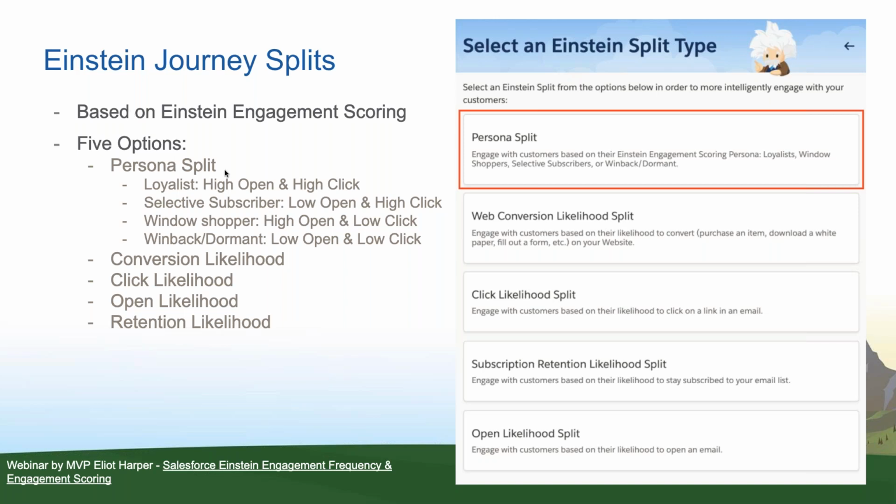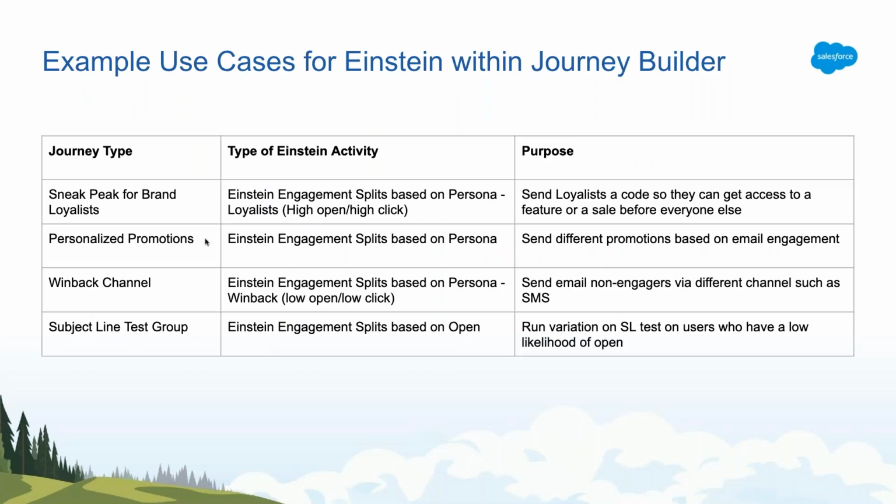I know one of the most common questions that we'll get, though, is the use cases. So I do want to just touch on a couple of use cases that you could do with Einstein. So one example, you could do a sneak peek for your brand loyalists. Everybody loves getting something before somebody else, especially when it comes to a sale. So you could use Einstein engagement splits based on persona to pull out your loyalists. And then you could send your loyalists a code so they could see what is going to be on sale before everybody else. This is a great way to build that loyalty to your brand